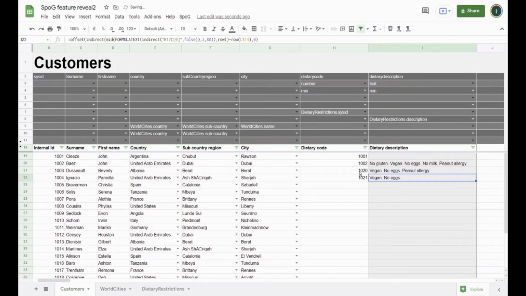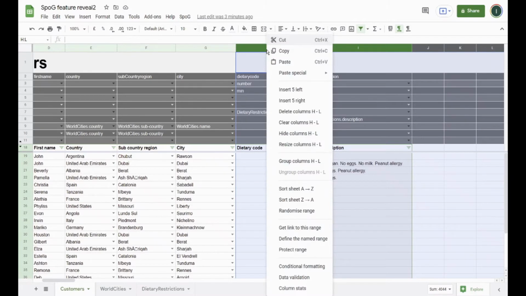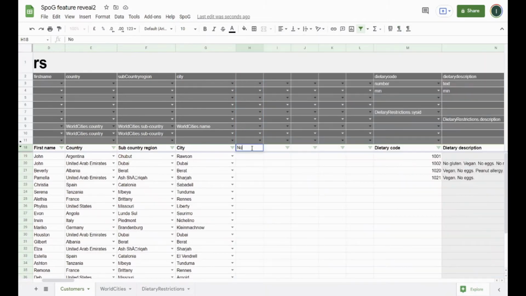Next, we want to improve the user interface so it is not needed to look for the code. Instead, we want the user to use checkboxes to input the dietary restrictions, if any, to each customer. We add 5 columns here. We type in the titles and compile.